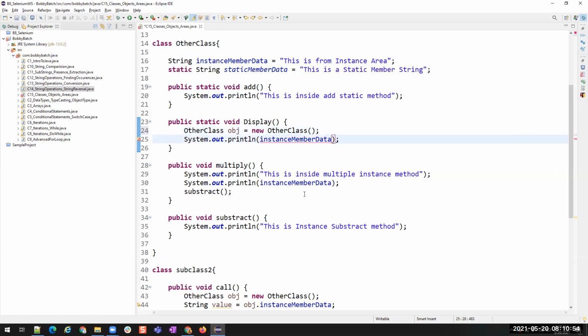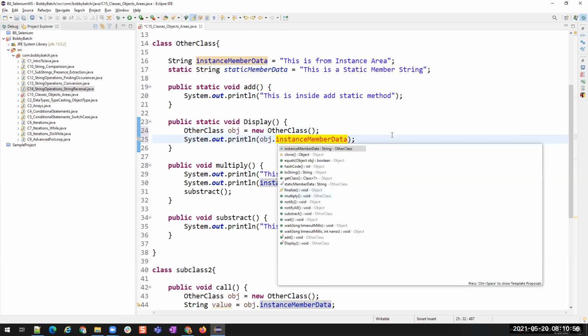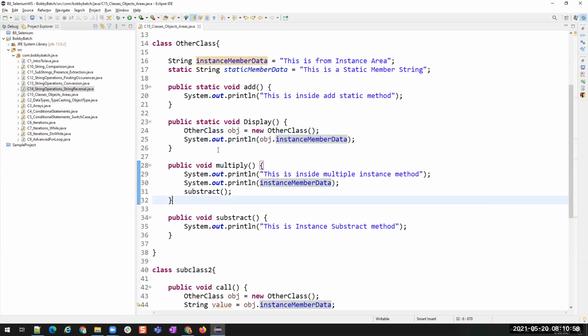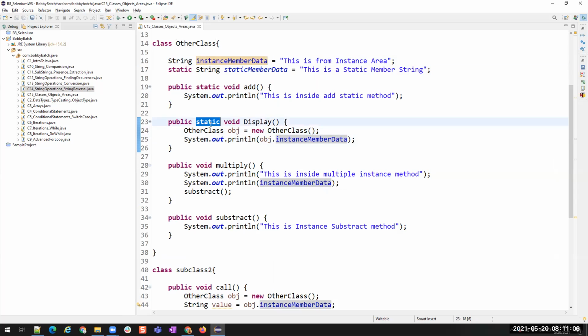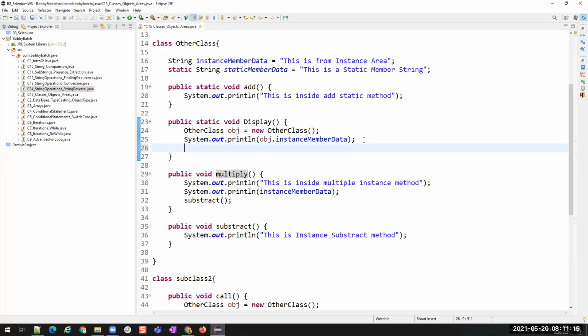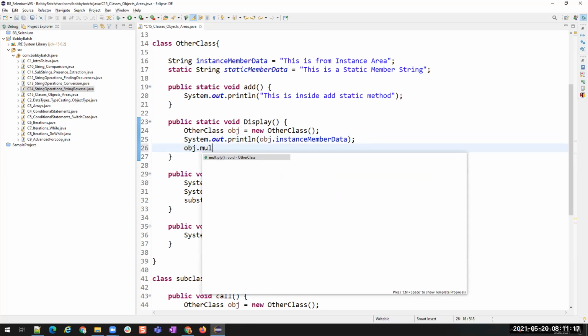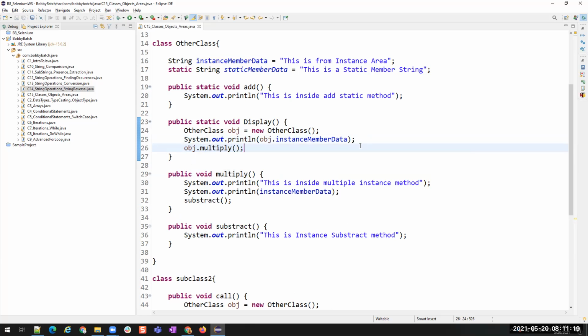Now I have to use this object. You see, the error is gone. So if you want to access an instance member inside static area, instance variable or instance method, then you have to use an object. Otherwise, you won't be able to call them.